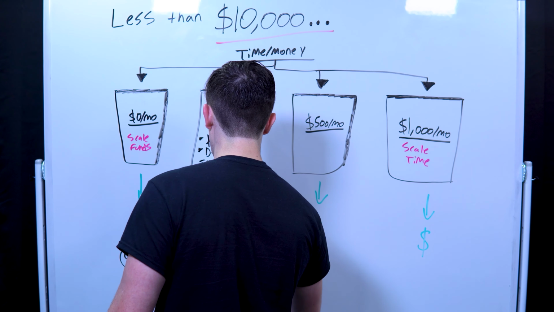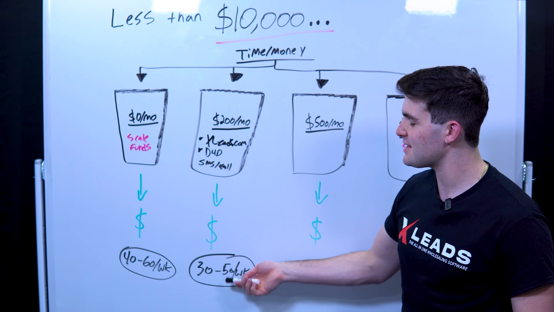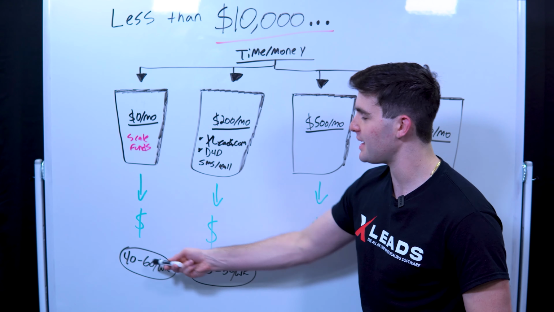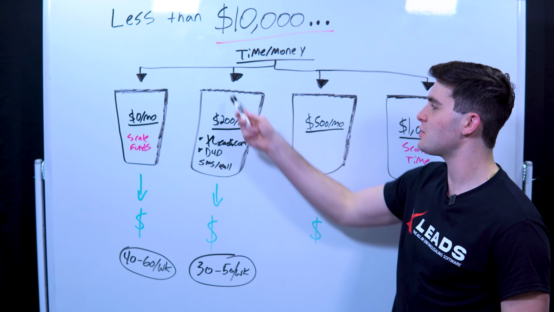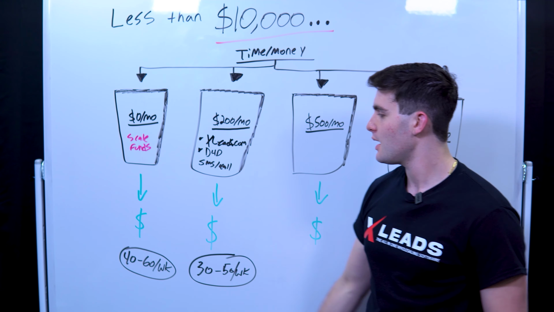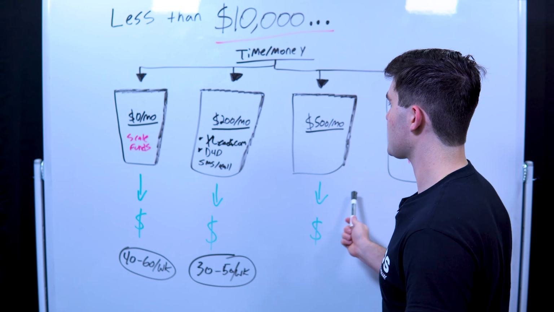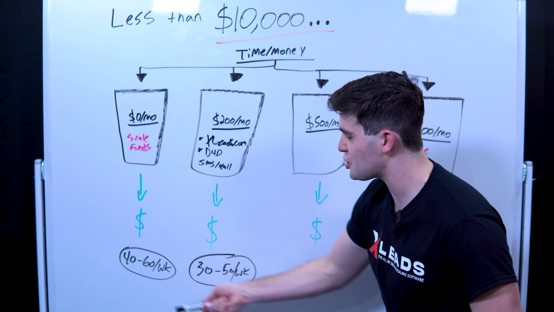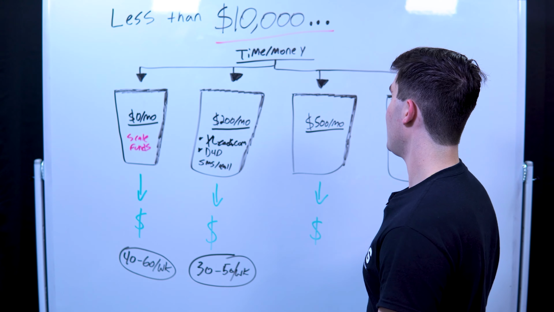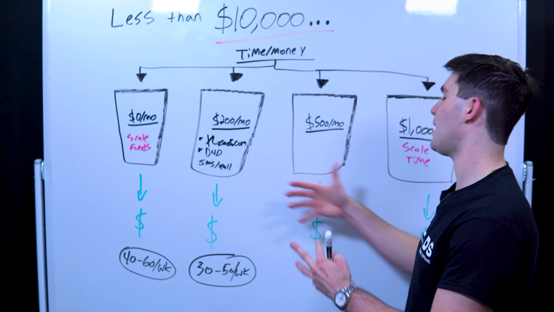But at $200 a month, you are double the efficiency. So you're probably gonna get 3x better leads, 3x better results by just doing that, because you're adding in leverage, you're adding in tools. Basically, you're doing the same thing this guy's doing, except you have tools, so you'll be able to get 3x more calls, 20,000 more texts than this guy. This is why having some tools does a lot better. Now, when you go to $500 a month, you don't 3x, right? The biggest jump of more leads and marketing is from this bucket to this bucket. At $500 a month, we're more scaling out our things, right? We're just adding more volume. So we're probably doubling, right?